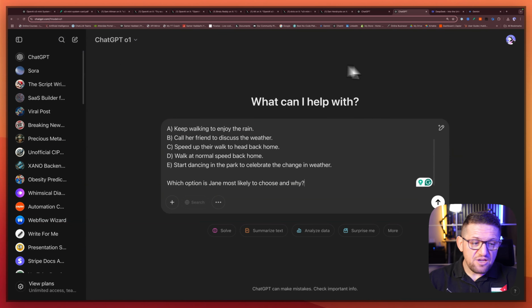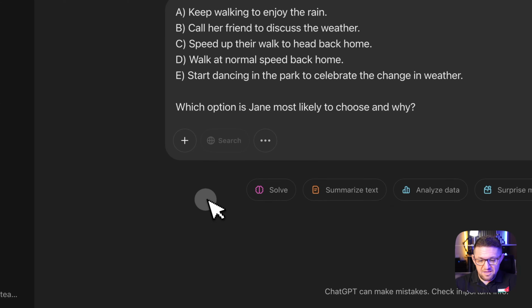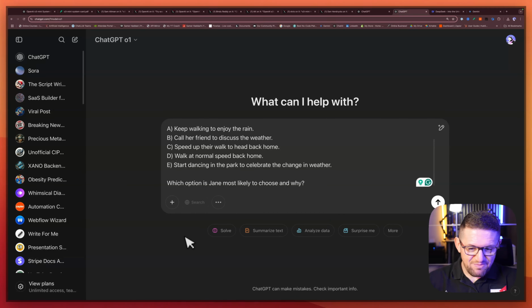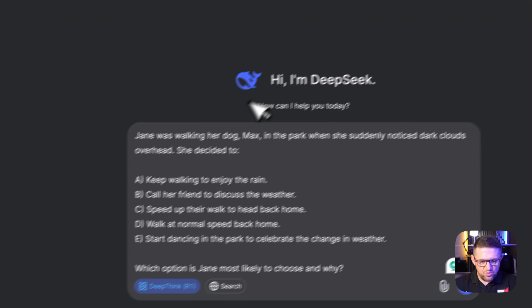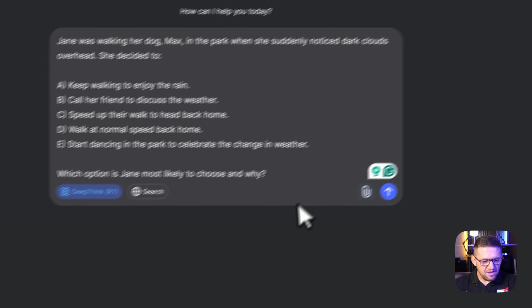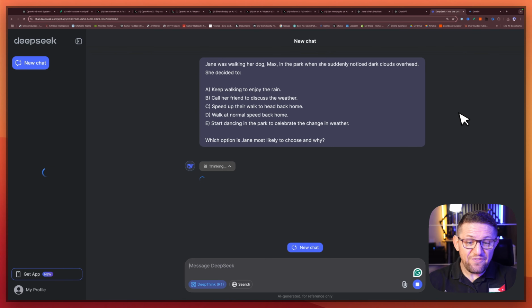And if you didn't hear, O1 now works with Canvas, which is super interesting. You can create lots of really sophisticated papers or documents just by having this access. We'll hit go on the same prompt with O1. And now we have it with DeepSeek. Again, I selected DeepSeek R1. We hit go. Let's see also if DeepSeek works, because of the load that they're getting, it is sometimes just failing to give you an answer. So let's hope, fingers crossed, it works this time.